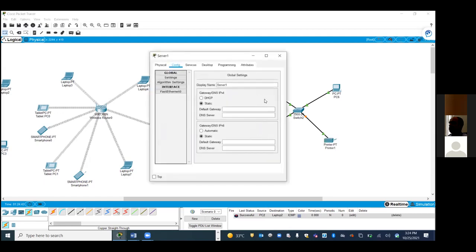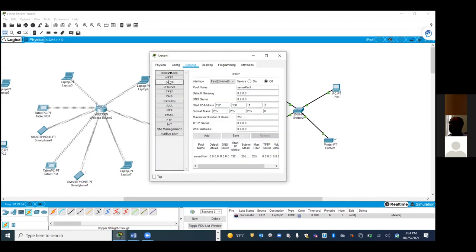So how do I assign IP addresses? Same one I'm allocating. So go to services, enable DHCP, enable 192.168.1. Starting IP address, let's put 50.